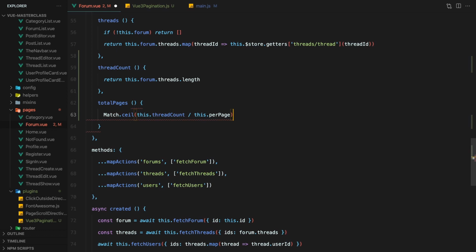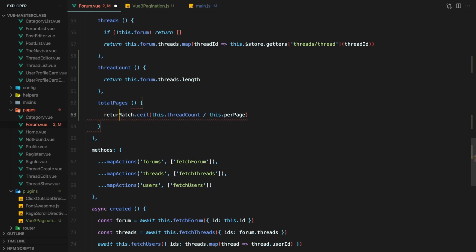This makes it so that, for example, if we had 12 threads and wanted 10 threads per page, the result of the division problem would be 1.2. We can't really have 1.2 pages, rather, we want 2 pages with the second page just not being completely full. So Math.ceil does that roundup for us, making 1.2 into 2 pages.